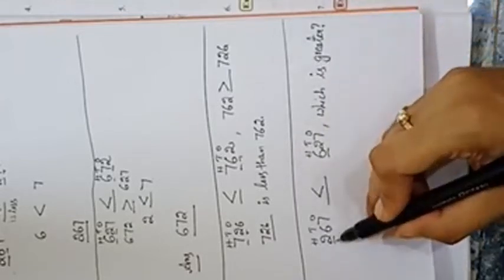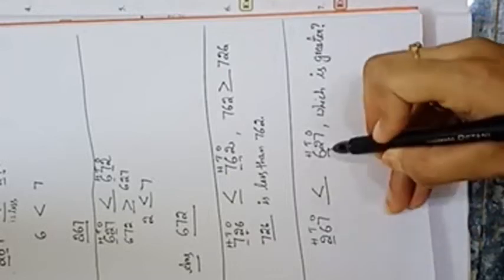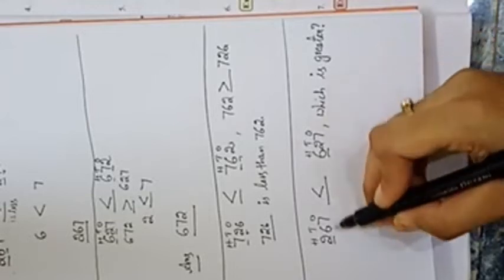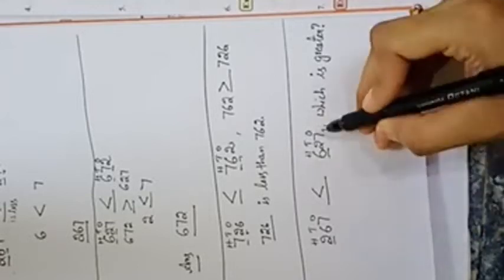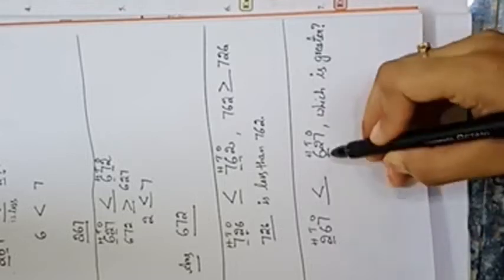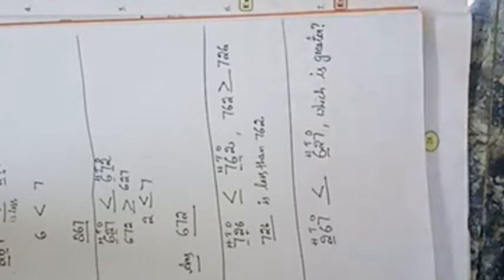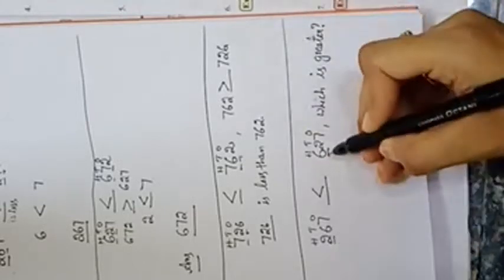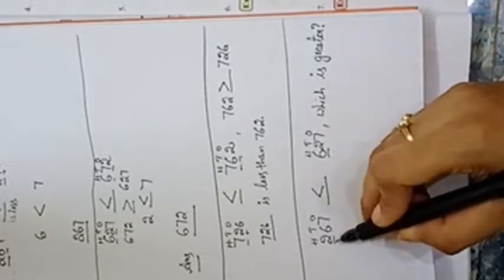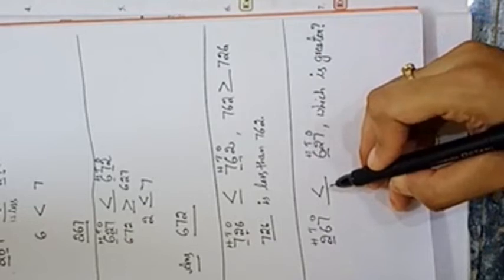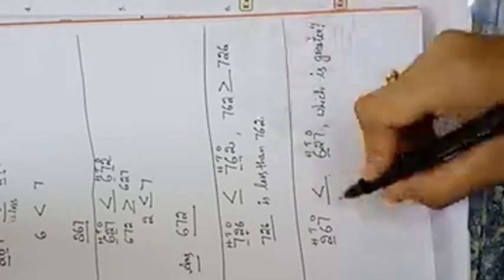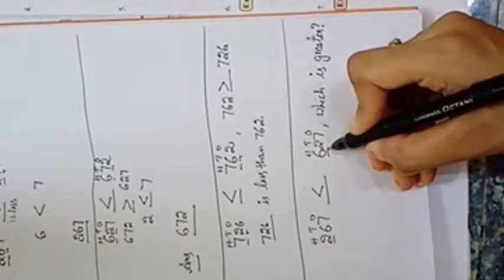Is that clear? Here I am observing the hundreds place numbers only. Why? Because here we have different digits in the hundreds place. So I'll get the answer. No need to do anything with the tens place and ones place digits, children. So here I can get the answer by observing the hundreds place digit itself. So children, 2 is smaller than 6, so 6 is bigger than 2. The big number is 6, the small number is 2. So does the crocodile want the bigger number or the smaller number? Obviously the bigger number. So children, the mouth of the crocodile will open towards the bigger number.